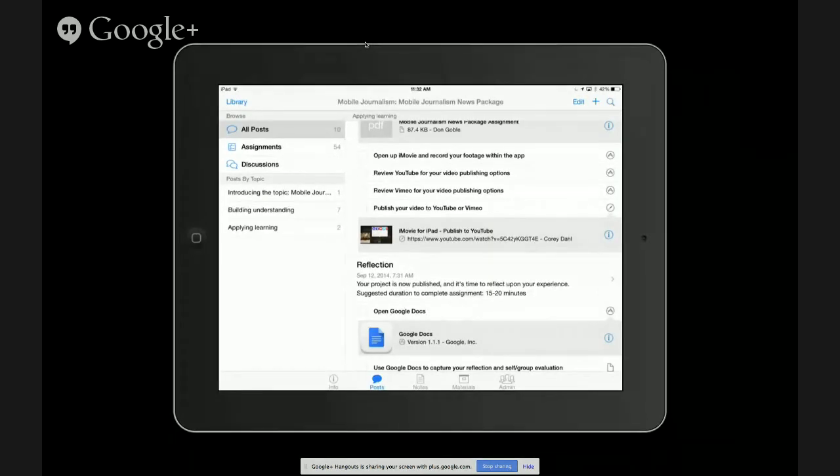Now, another important part of a video process or video project is to really reflect upon what we've done. There's a couple different ways you can do this. In a closed environment or a more secure environment, again, Google Docs is a great app for the student to write about the good and the bad and the ugly of the entire process, whether it was learning the video making process, whether it was they got a flat tire driving out to the scene,